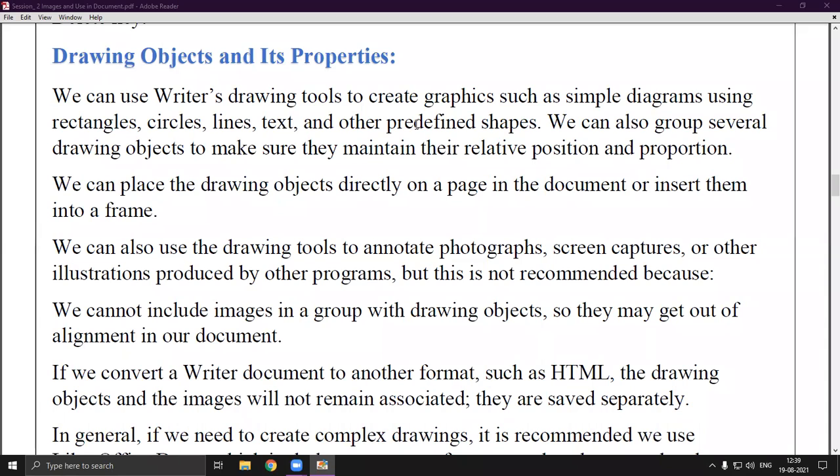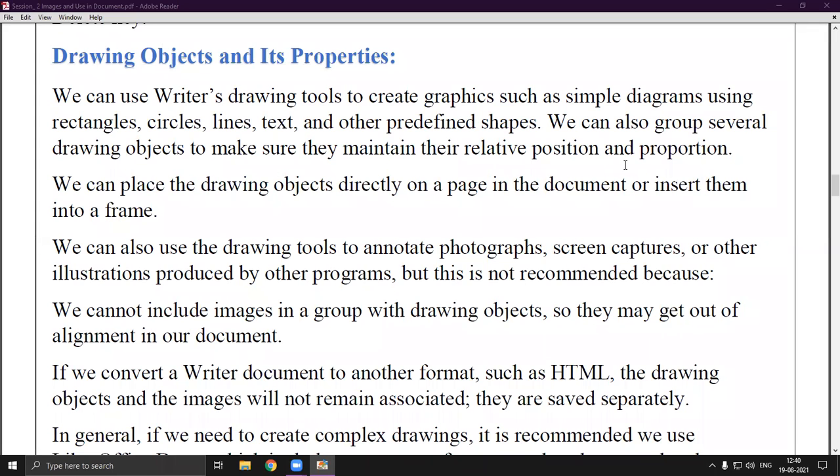We can also use the drawing tools to annotate photographs, screen captures, or other illustrations produced by other programs. That means you can also use these simple diagrams on your images and on your screen captures, which are in the form of JPEG or PNG. You can use it, but it is not recommended. Why am I saying that it is not recommended?